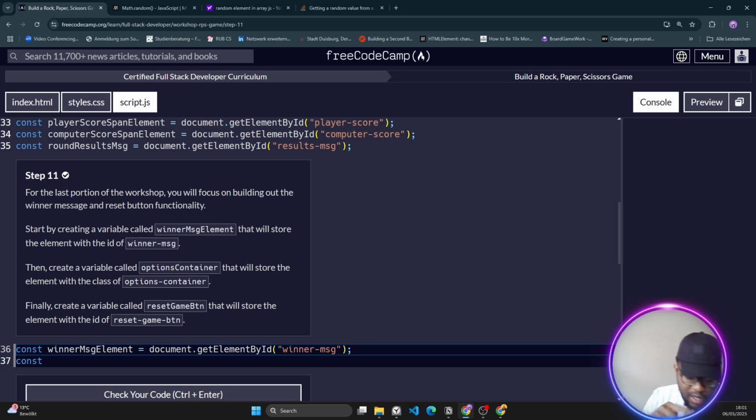So my battery is down. Let me just connect my computer so that the video will not be cut. Let me just connect it. Okay. So by doing so, I think that